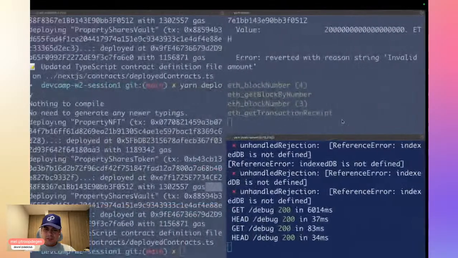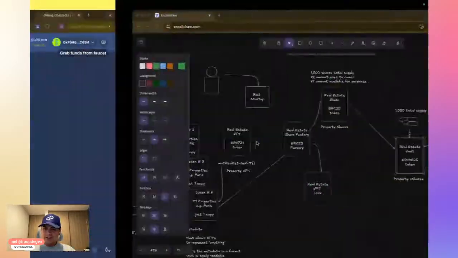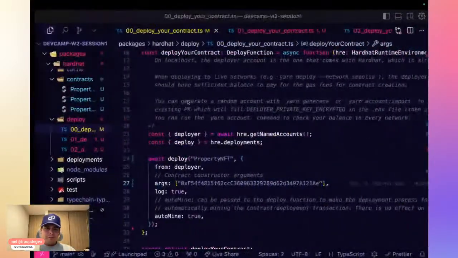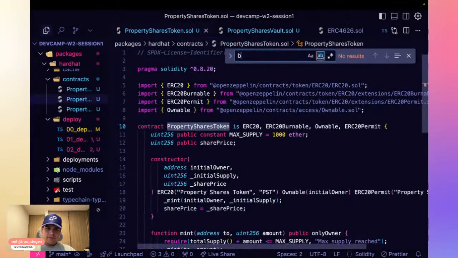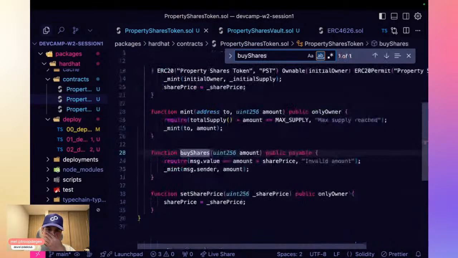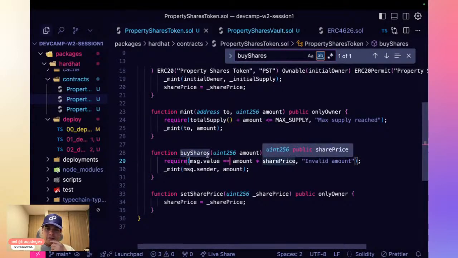Invalid amount by shares. It's in our code, very quickly. It has to be the exact same.